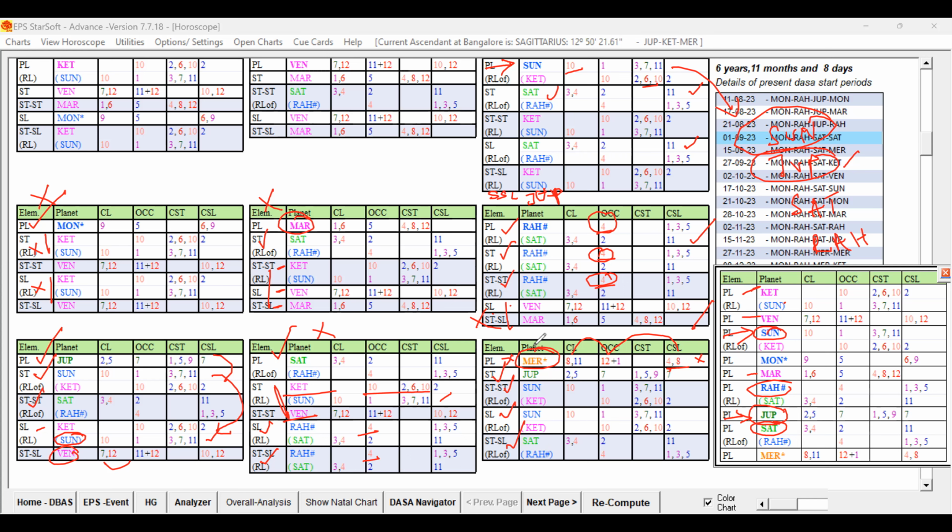So out of these planets we have studied so far under the Sun Mahadasa, the next one is Ketu. Ketu we need not check because we already studied that its star lord is Venus. Again, these are not good. This is not going to be favorable. So the only planet we can see which is more strongly favorable out of all the planets is Jupiter. So Sun Dasa, Jupiter Bhukti will be strong enough to give the marriage because all the key planets of the